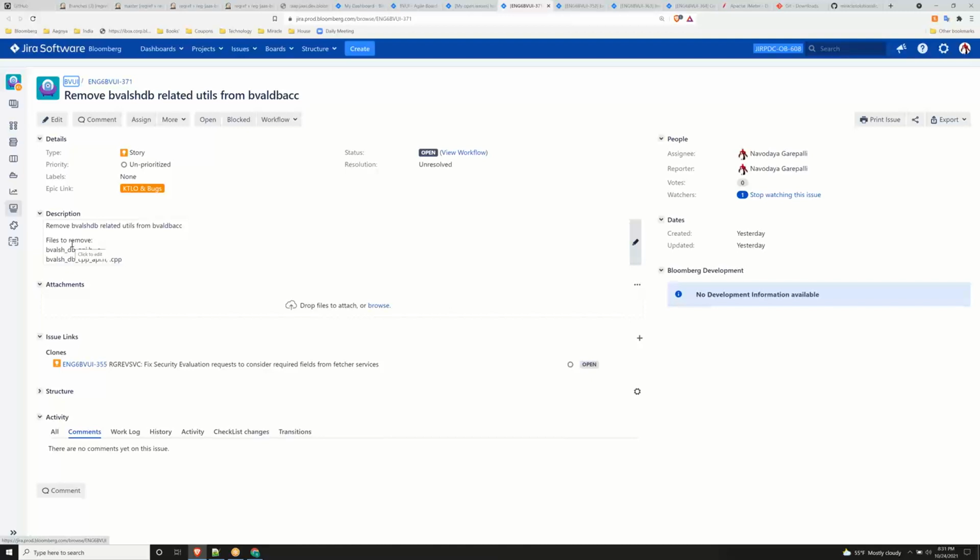It can be very elaborate in some cases, and in some cases very small. In this case, it's very small. It says these are the files to remove, and this is the library, and so on. If you look on this side,